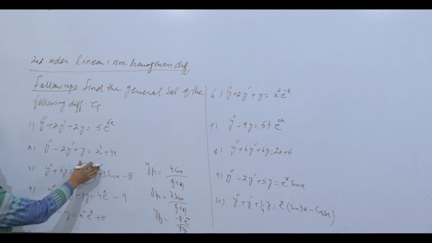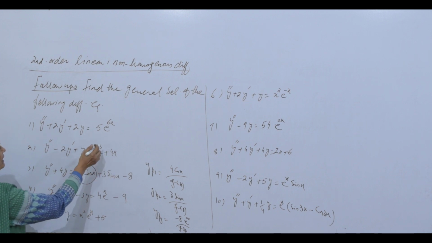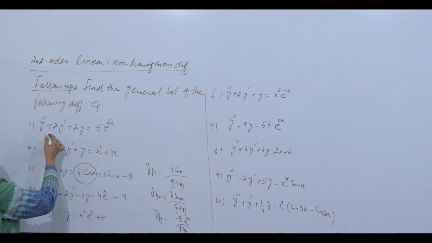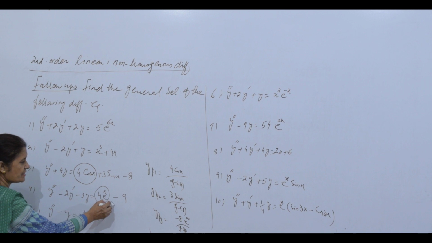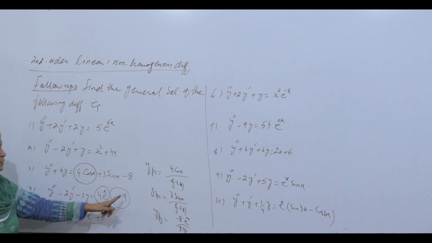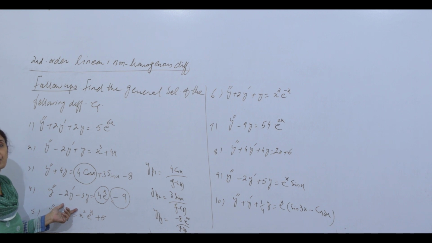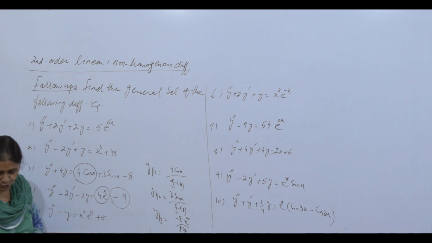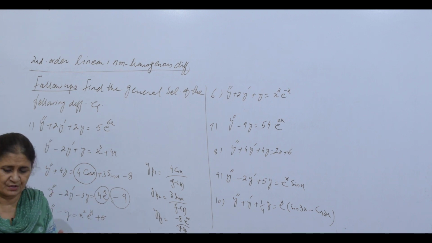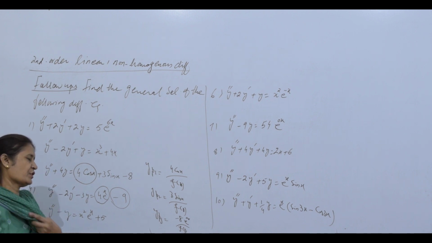So this is going to be the polynomial, that's okay, same. And this is one function, alpha is 6, replacing D by 6. Here you have yp1 and this is going to be yp2. With it you write e^0x. So you can do it: two yp's and one yc, adding them together. That will be the general solution. Here x squared e^x, fourth case, yp1, and then 5, let you have e^0x, so yp2. So you are calculating a couple of yp's depending upon the right hand side of the function.